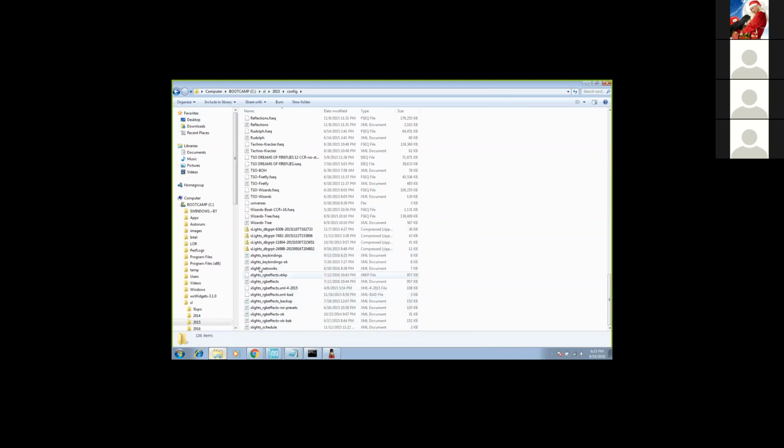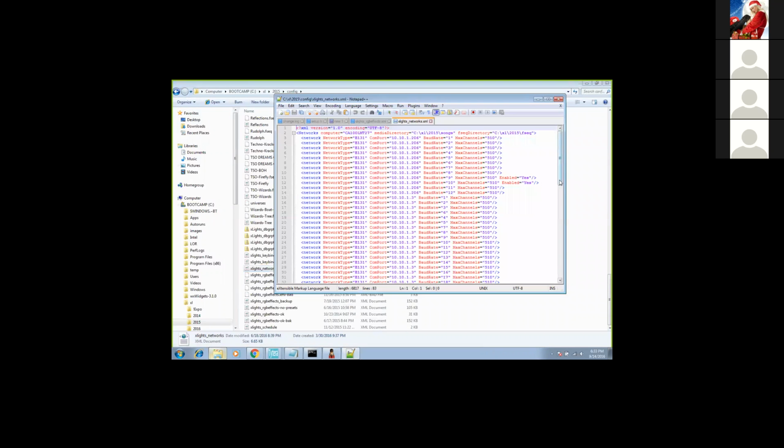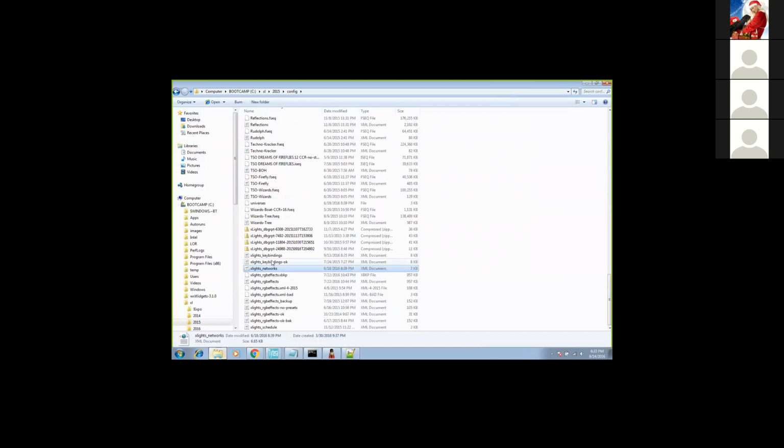What makes up xLights is your xlights_networks file, which obviously has your network config, your channels, your IP addresses. So when you save your network config on the layout tab, that's what's saved. You also have,